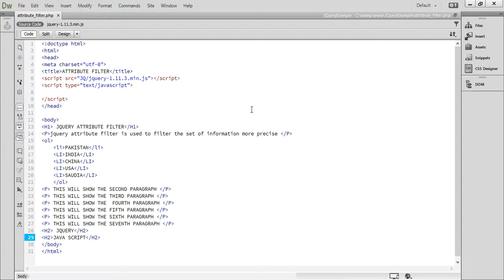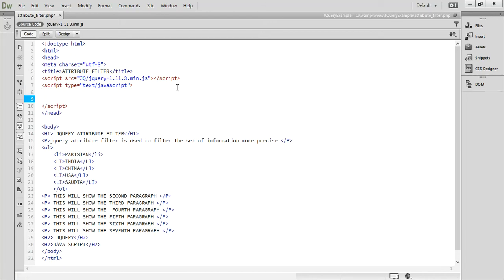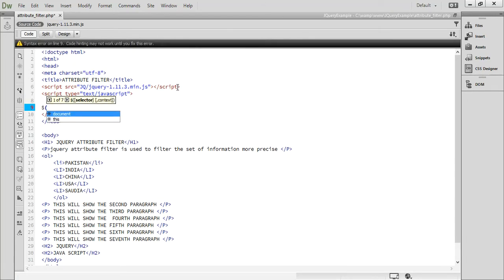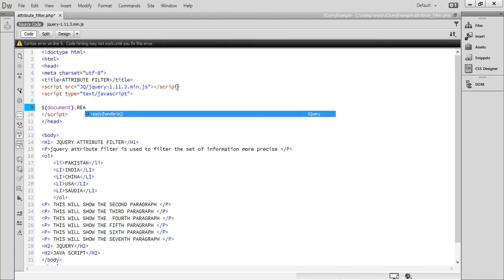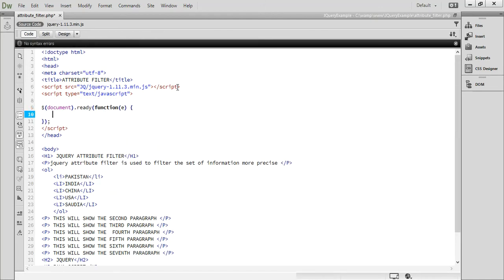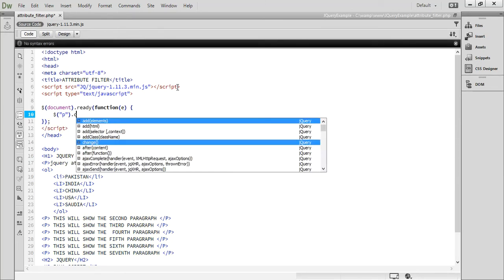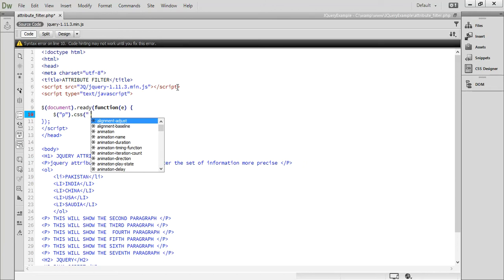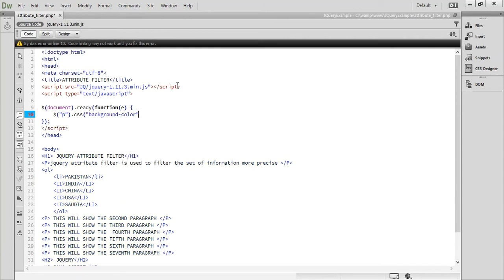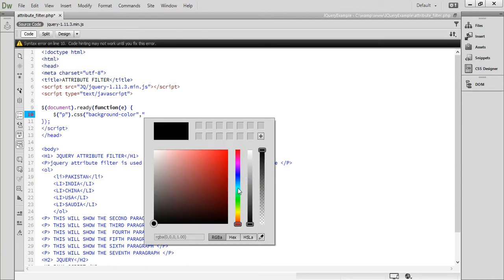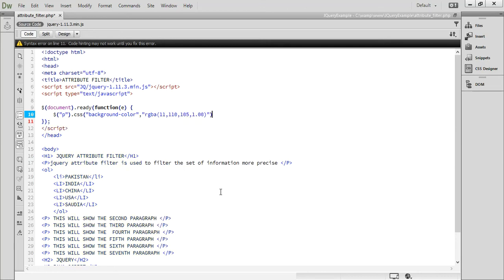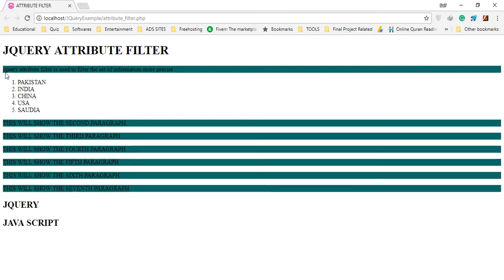And now I am going to add the jQuery elements here. First of all, we need to add the $ sign here, and then document dot ready. Okay, now first of all I'm going to take the value of the P selector here, and if I do that, it will be like this. Background color, I am going to change the background color like this. Okay, now I will save it, and when you refresh this page you can see that all the paragraphs are